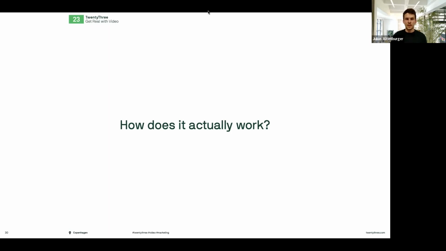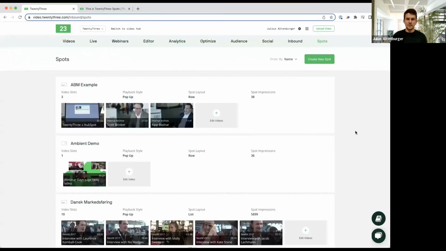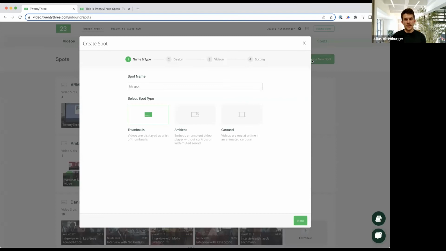So I'm quickly going to jump over here, and now we are in the TwentyThree platform, in the part of our spots feature, where we can easily say I want to create this kind of new spot, which will be this concept for my website. I'm able to say I'm calling it an Umbraco spot, which should be represented by thumbnails on the website.